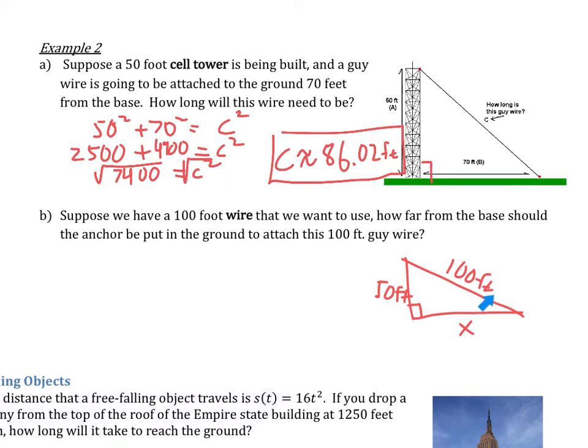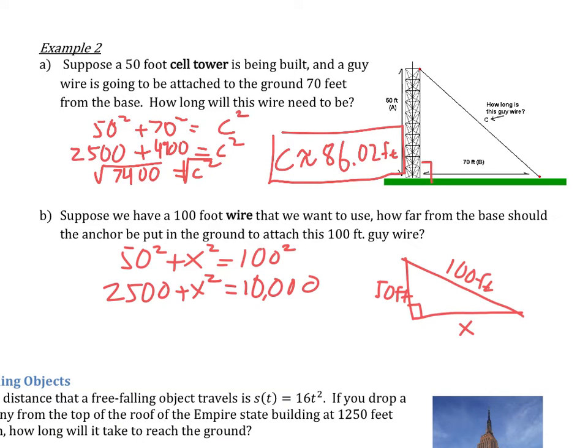So that's what's going on. We know that much. So we just plug in the Pythagorean theorem. 50 squared plus x squared equals 100 squared. The hypotenuse always goes in the C spot. Hypotenuse is always by itself. Okay, don't go putting the x on the right side. So this is 2,500. And this is 100 squared, also known as 10,000. And if we subtract 2,500 from both sides, we get